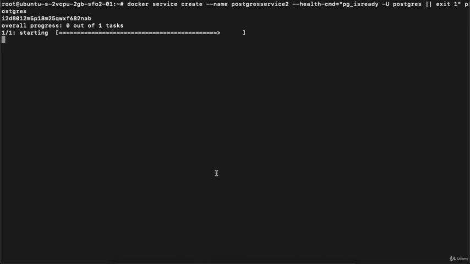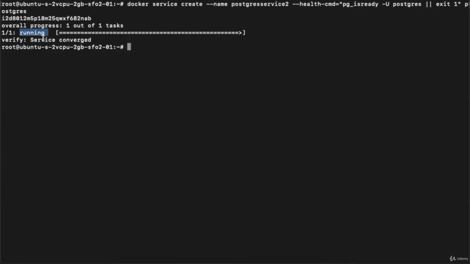Once we start the service, you can see it is not coming in the running mode. It is still in the starting mode and it will keep itself in the starting mode up to 30 seconds. So we have to wait. So you can see it is still in the starting mode, and after 30 seconds it will switch to the running mode and it will start your service. So let's see when it will start my service. So see, just after 30 seconds the service mode has changed from starting to running.